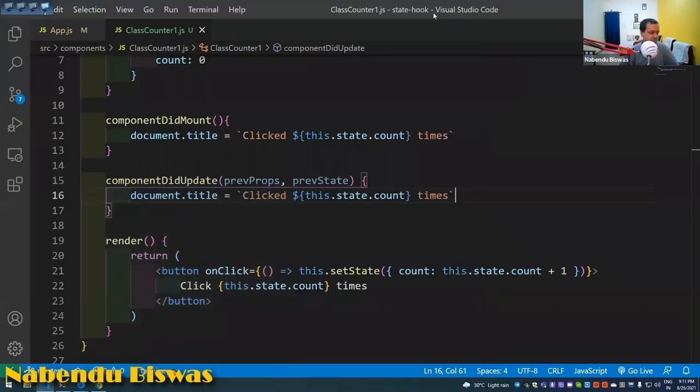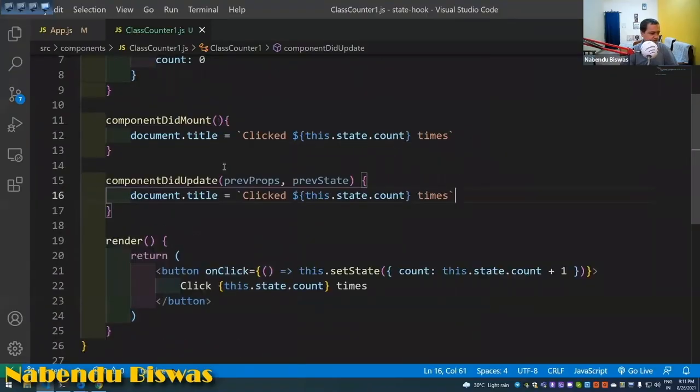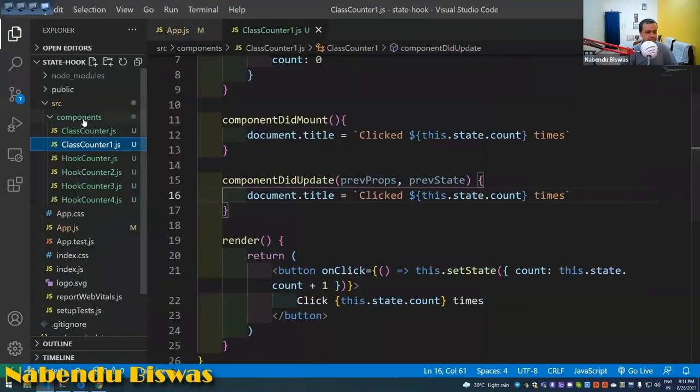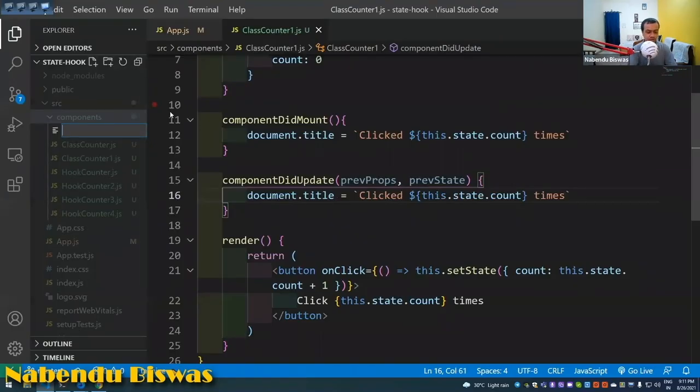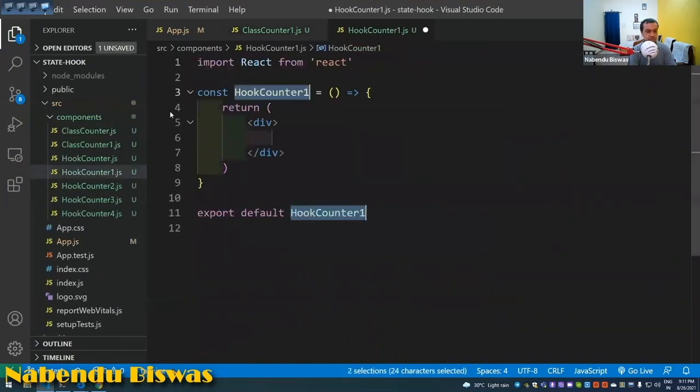Okay, so now we are going to change this with hooks. So let us do that. I have created hook counter 1.js, and then